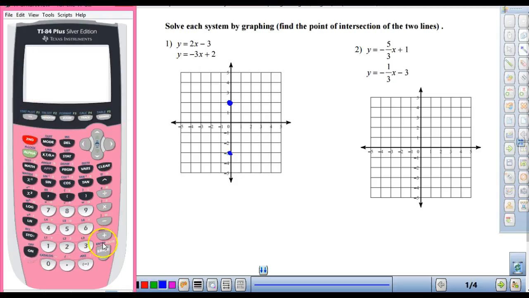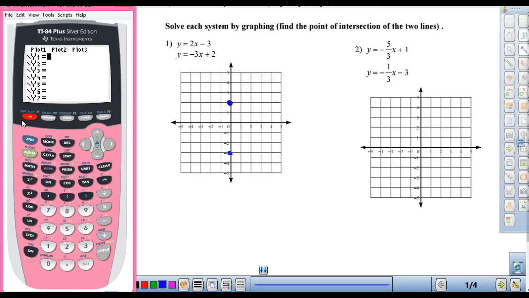So second, plus side, 7, 1, 2. It should come up that your RAM is cleared. Everybody's RAM is cleared? Second, plus side, 7, 1, 2. Got it? Alright, so now we're going to go to y equals, and your y equals should be cleared up,